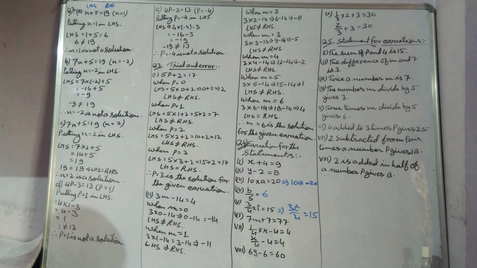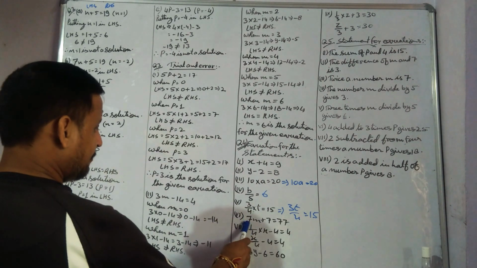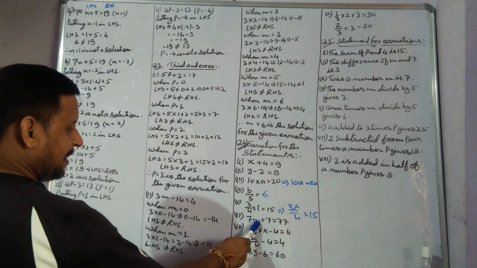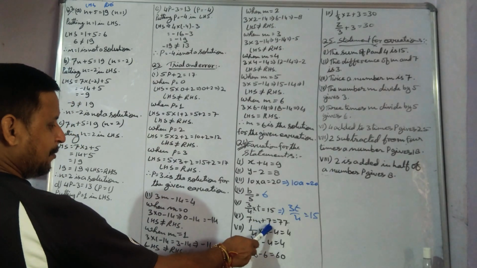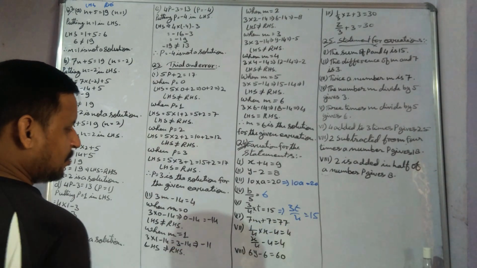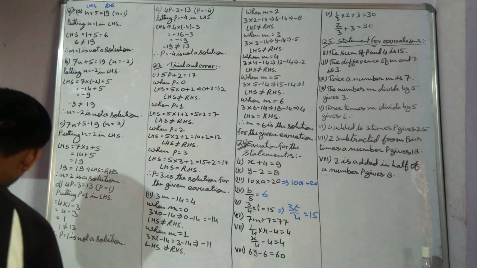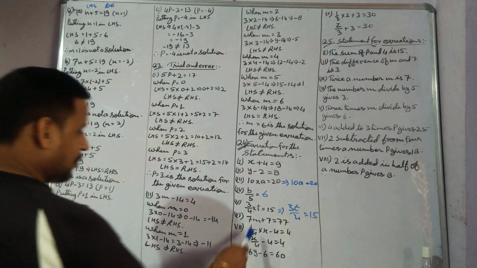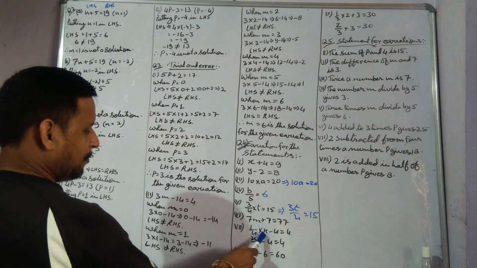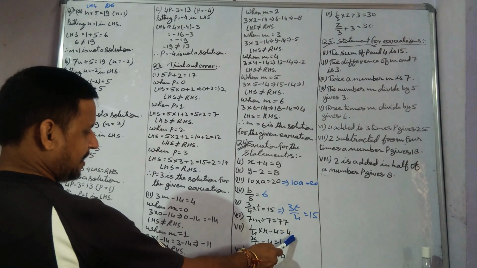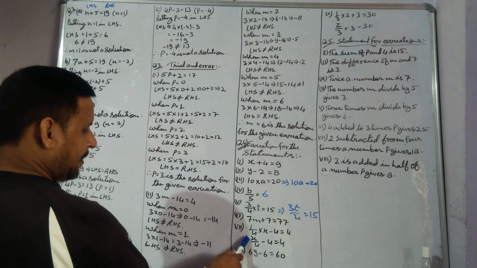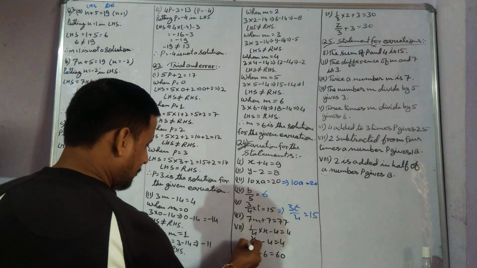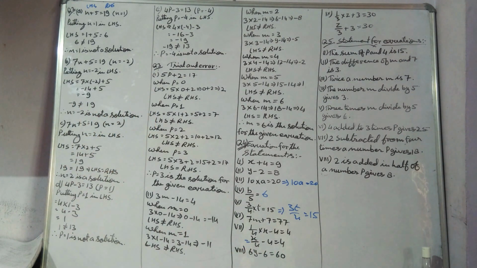Now sixth part is saying 7 times m plus 7 gets 77. So 7 times of m is 7m, it means 7 is multiplying with m, plus 7 is giving us 77. So this one is the equation. Now seventh part is 1/4 of a number x minus 4 gives 4. 1/4 of x means 1 upon 4 multiplied by x, minus 4 gives us 4. So we can write x/4 - 4 = 4.